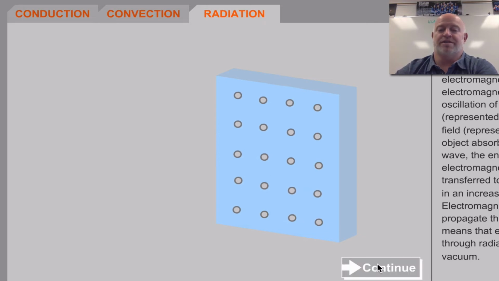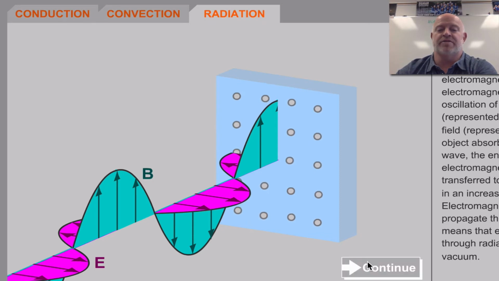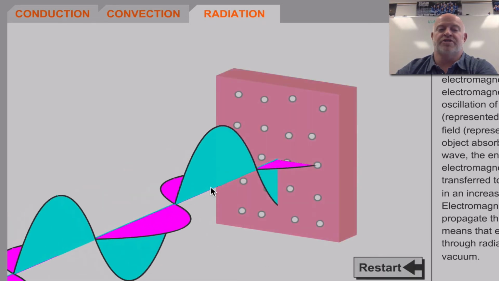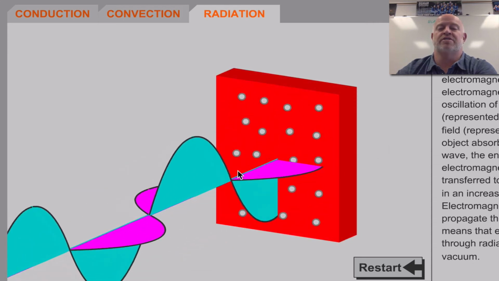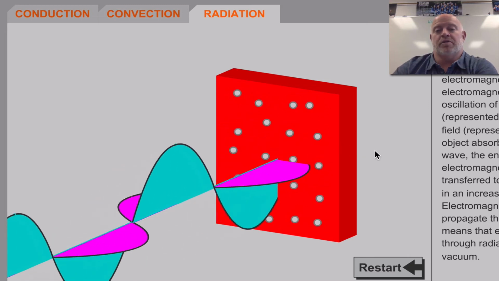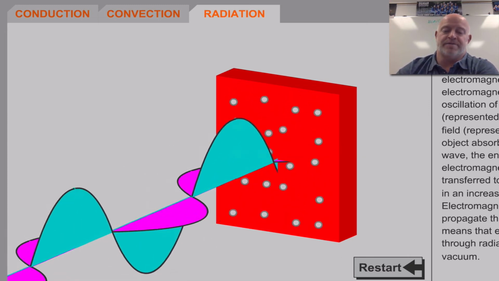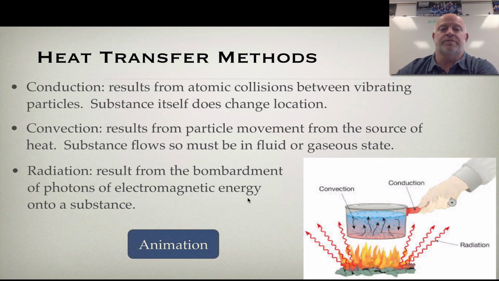As long as you're not coming in contact with it, this UV light, or I shouldn't say UV, this electromagnetic energy coming from any type of energy, as this energy comes in, there's energy waves hitting it, and those energy waves cause these things to vibrate, okay, and they vibrate and they warm up. All right. So those are our three different types of energies that we get when we're looking at how we